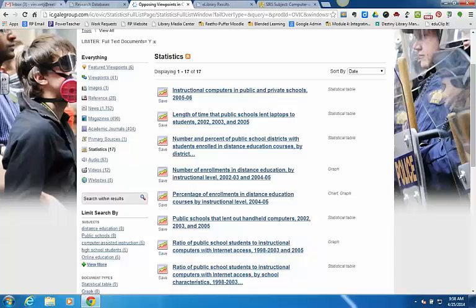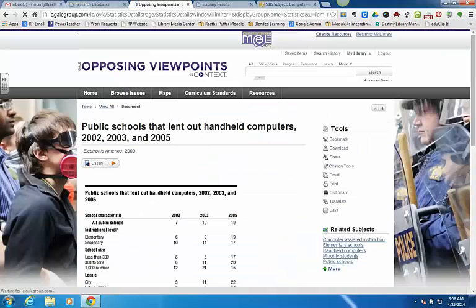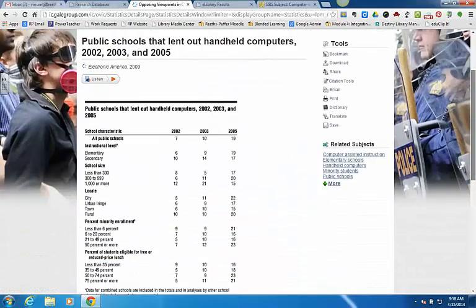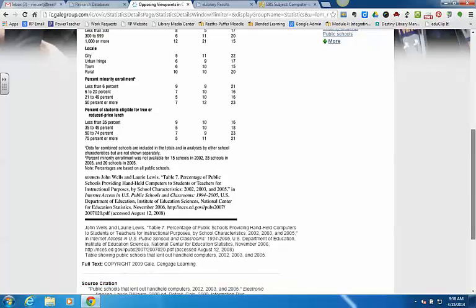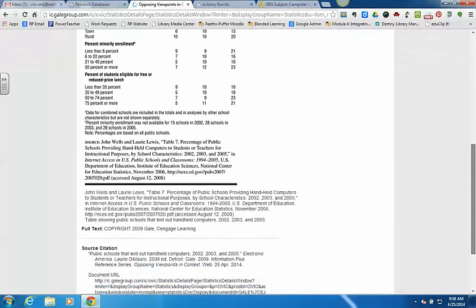So I'm going to look at this statistic. I'm going to get it up on my screen because it's going to tell me where it came from and what it's about. And in this instance, you might want to actually get online and do a Google search